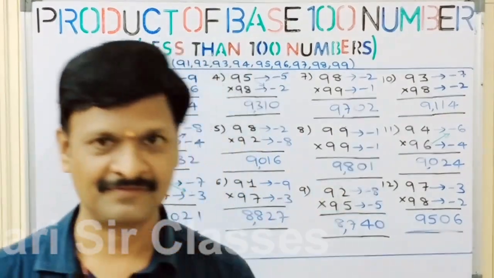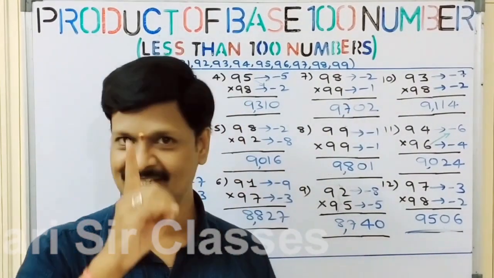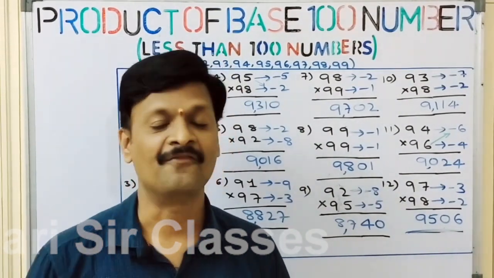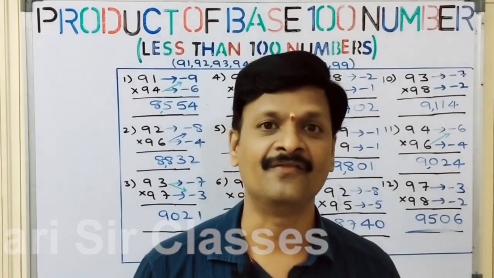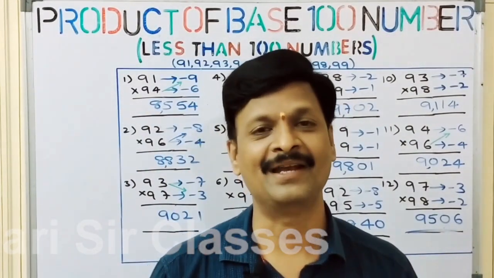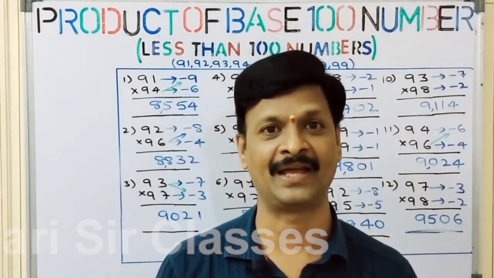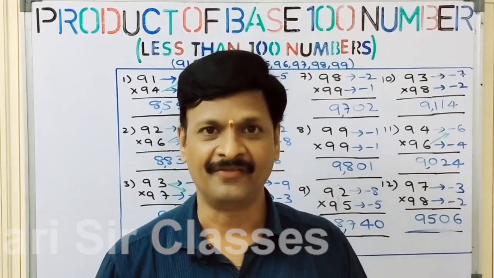12 into 5, 60. 1 minute of time. You can solve all these 12 questions within 1 minute. Within 1 minute, not more than 1 minute, not exactly 1 minute, less than 1 minute of time you can do. Whereas our natural multiplication will take 1 minute for each question. Means if you want to solve a total of 12 questions, it will take 12 to 15 minutes of time. You can check. Like this, many more techniques are on the way.